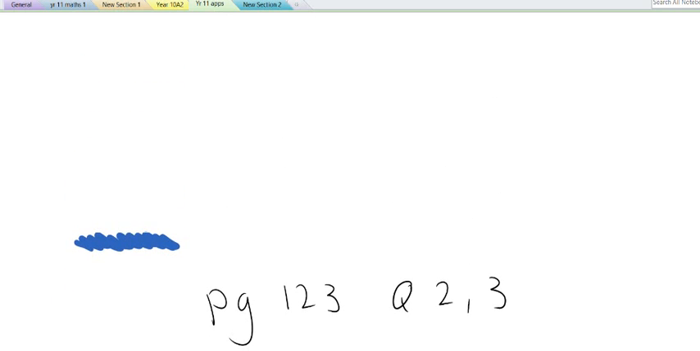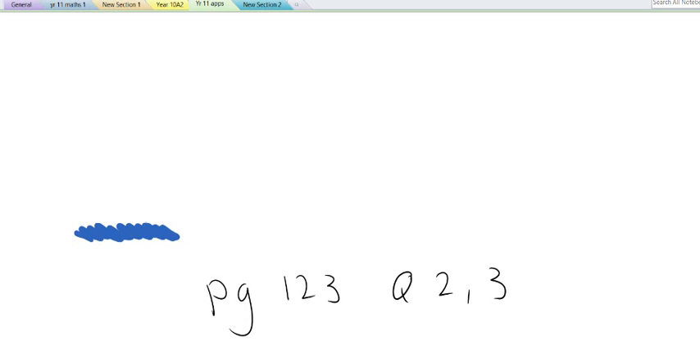So, can you go to page 123 and just question 2 and 3? You'll need to draw a net for each. The nets don't have to be